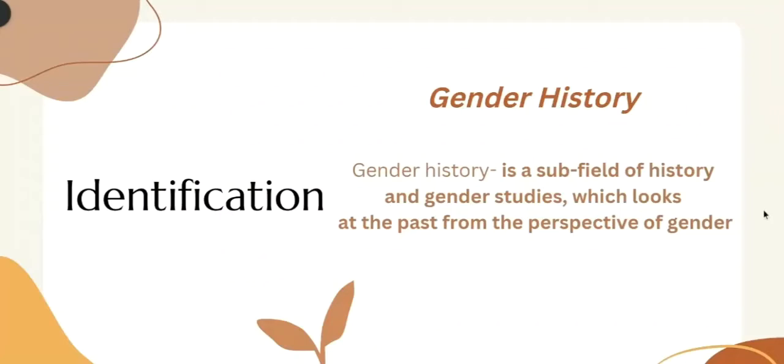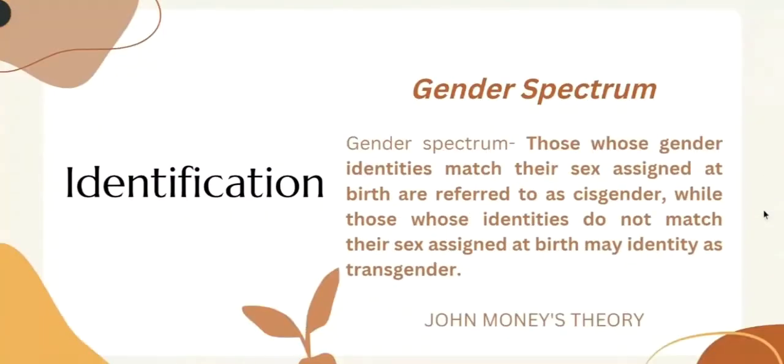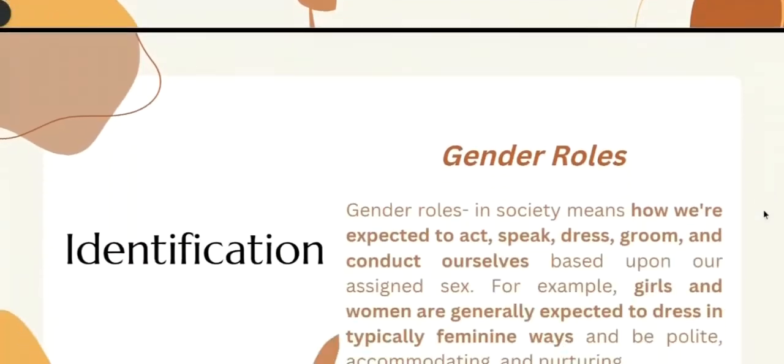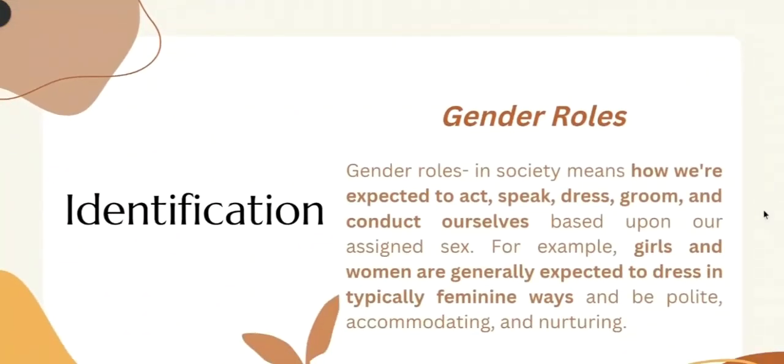Gender history is a subfield of history and gender studies which looks at the past from the perspective of gender. The next slide will be the gender spectrum. Those whose gender identities match their sex assigned at birth are referred to as cisgender, while those whose identities do not match their sex assigned at birth may identify themselves as transgender. This is called John Money's theory. This is the gender spectrum, everyone. So the next slide would be